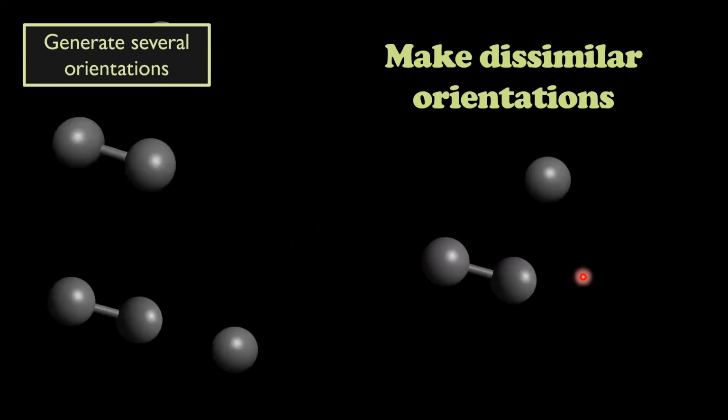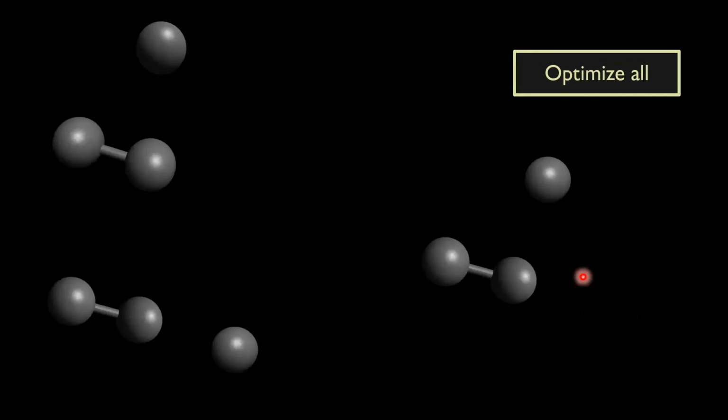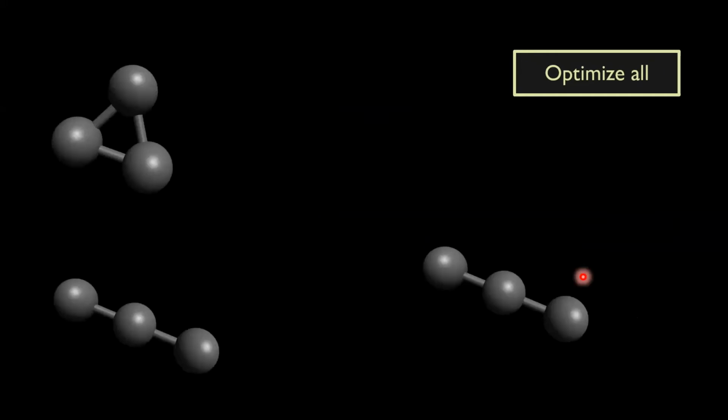So after making all the structures, what is the next thing? The next thing will be to optimize all of them. So it is also done automatically. All the structures are optimized one after the other. And so when we optimize, say from all the structures, we got these three geometries. Now we see that the bottom two, although we started from two different geometries, eventually ended up in the same molecule, the similar structure.